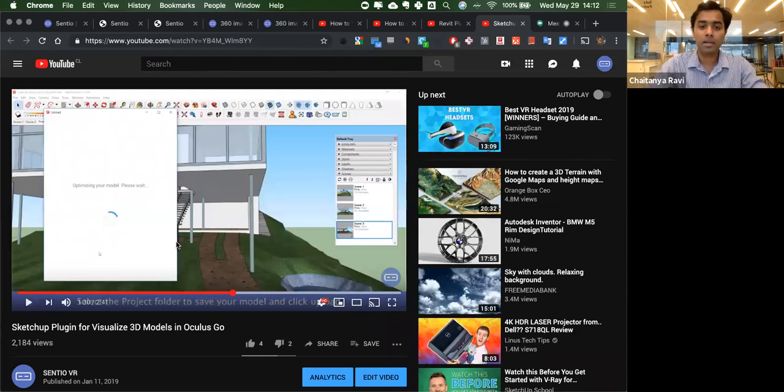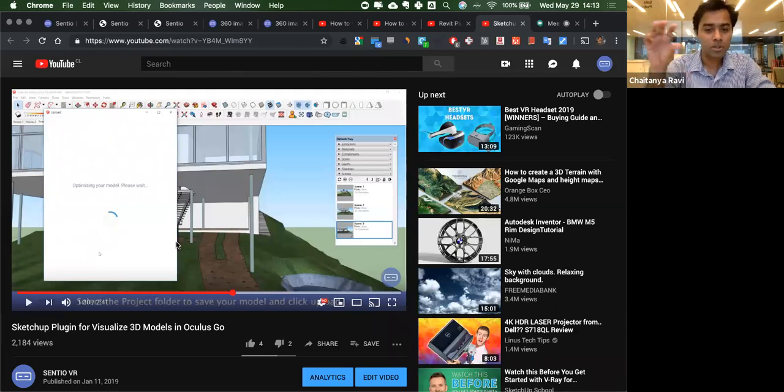We've been able to make a lot of bigger models start to work on SENTIO, with a lot of original textures being exported as they are. So our goal here has been to make sure that the model looks as similar, if not the same, as it looks on SketchUp. I think we are doing a fairly okay job at that. And that is where we want to start moving into more complex requirements, like making the visualization even better and